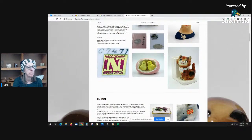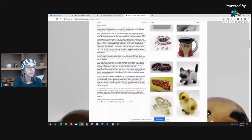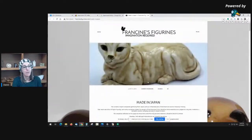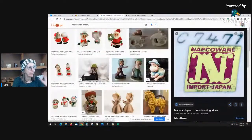Shows you like some of the labels. This one actually talks about Lefton too, in New Orleans. So that's how I get information. So that being said,